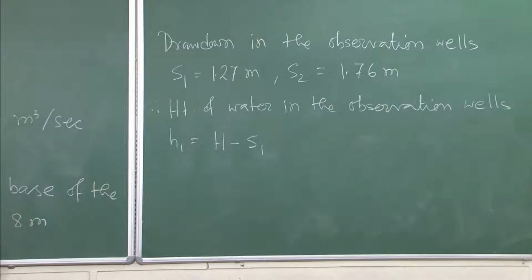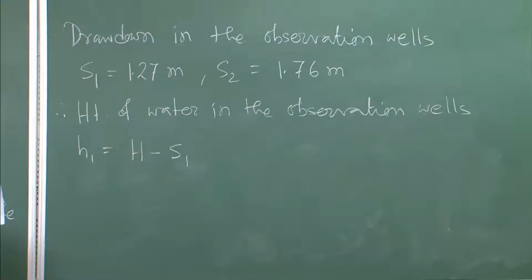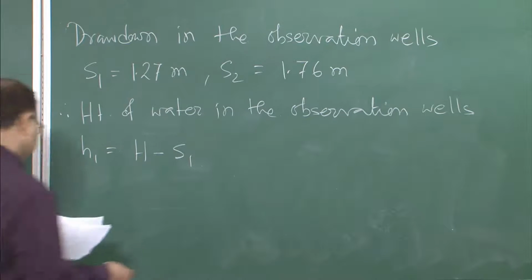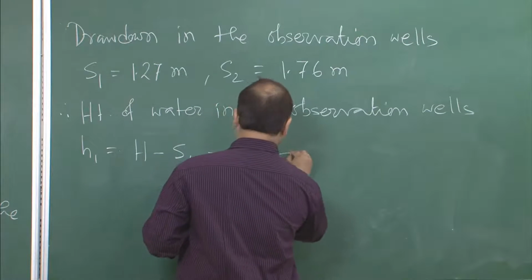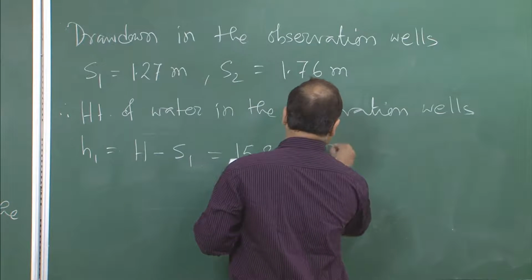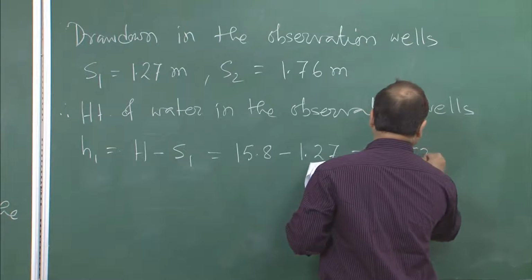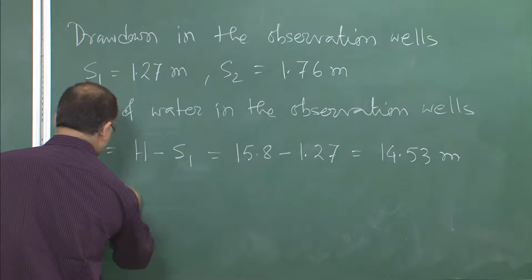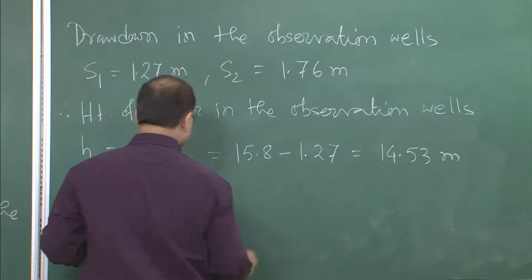After the steady state is reached, this is the water table level in observation well 1. So, that comes as 15.8 minus 1.27, that comes as 14.53 meter. Similarly, we can find out H2, that is H minus S2, which is equal to